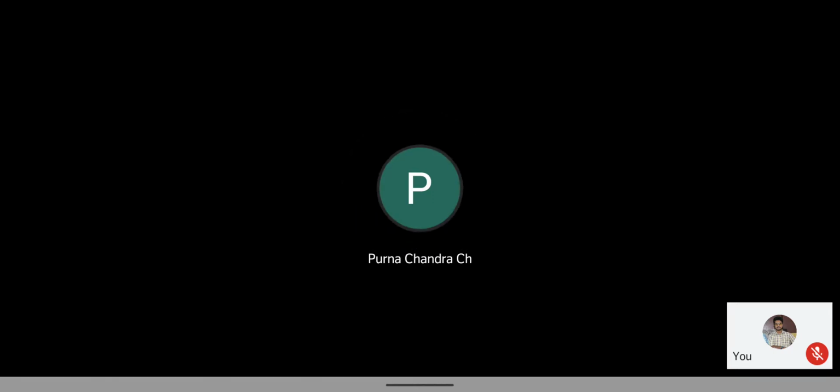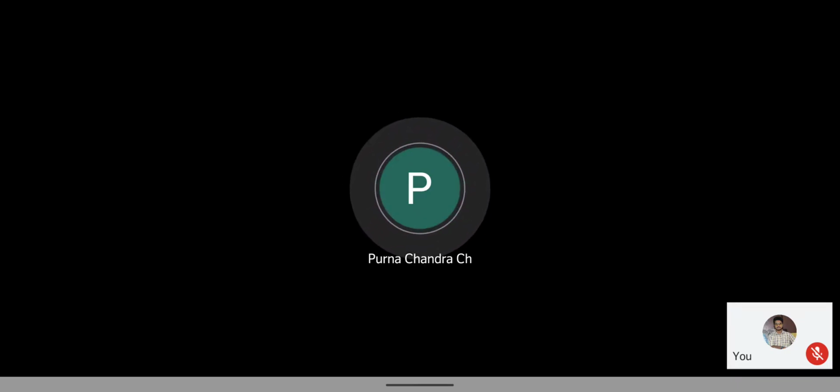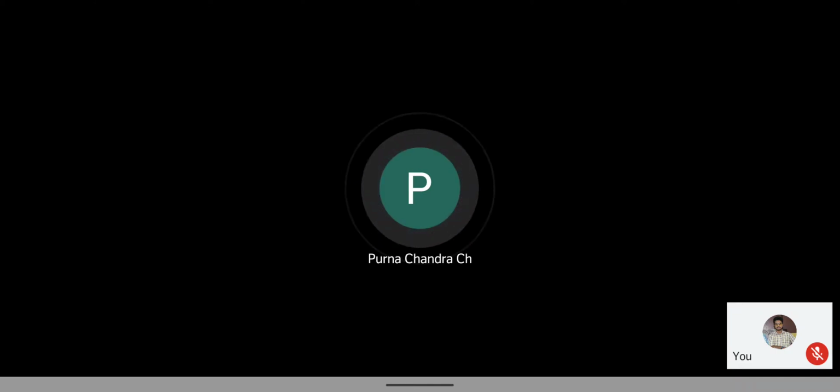Like the photoresistor, which we used in the exhibition on the last day of our working day, it checks the lighting around it, and based on that, the electricity passing through the photoresistor increases or decreases.